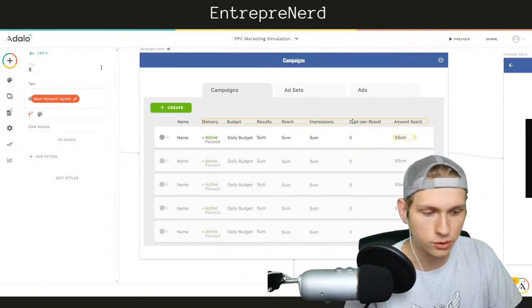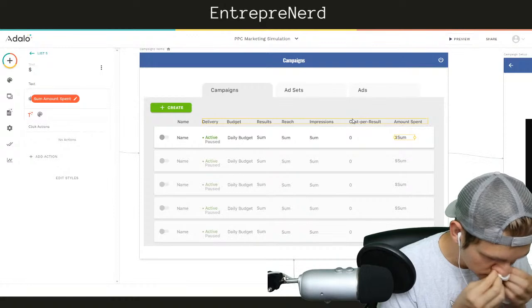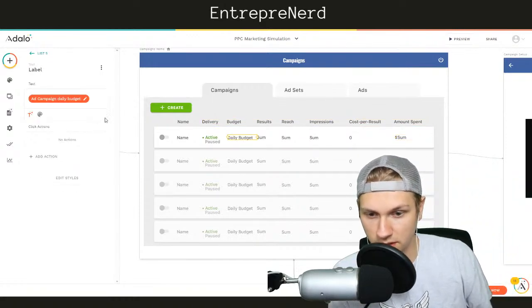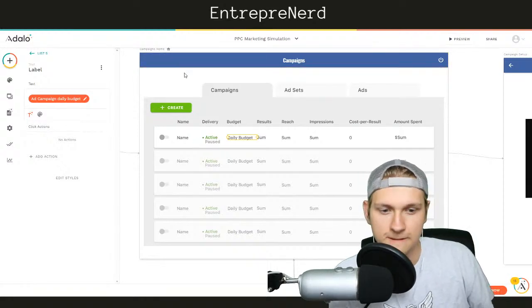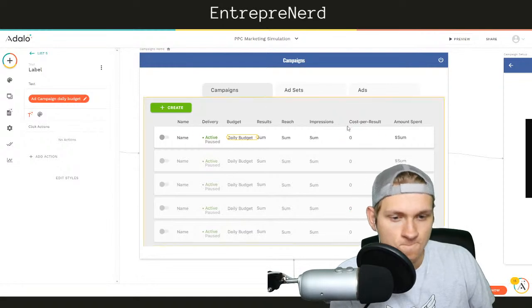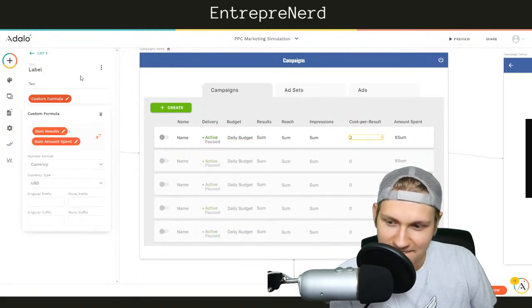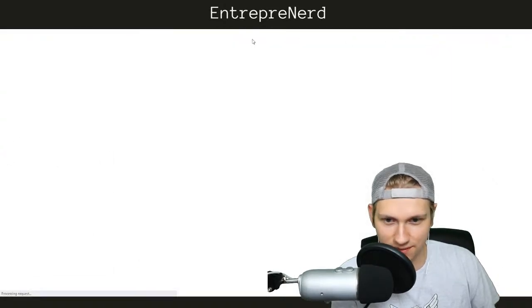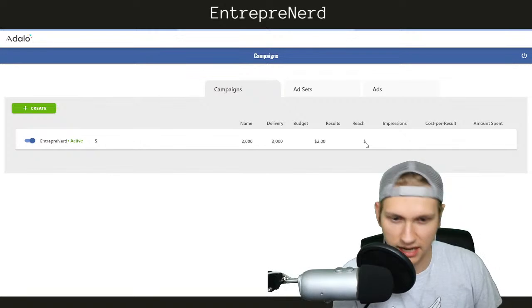Maybe it does. It can't do data on its own. Very interesting. Maybe that's why daily budget isn't showing up? No, daily budget was showing up fine. Very interesting. We're learning the quirks. We're learning the quirks. Alright, what do we got here? How are you working? The amount spent still isn't showing up? That's so interesting. And everything got shifted.